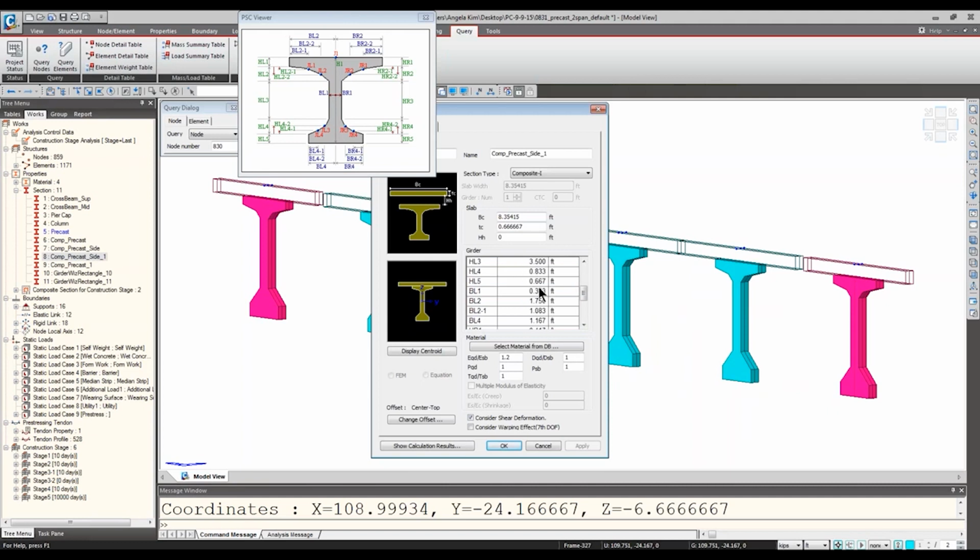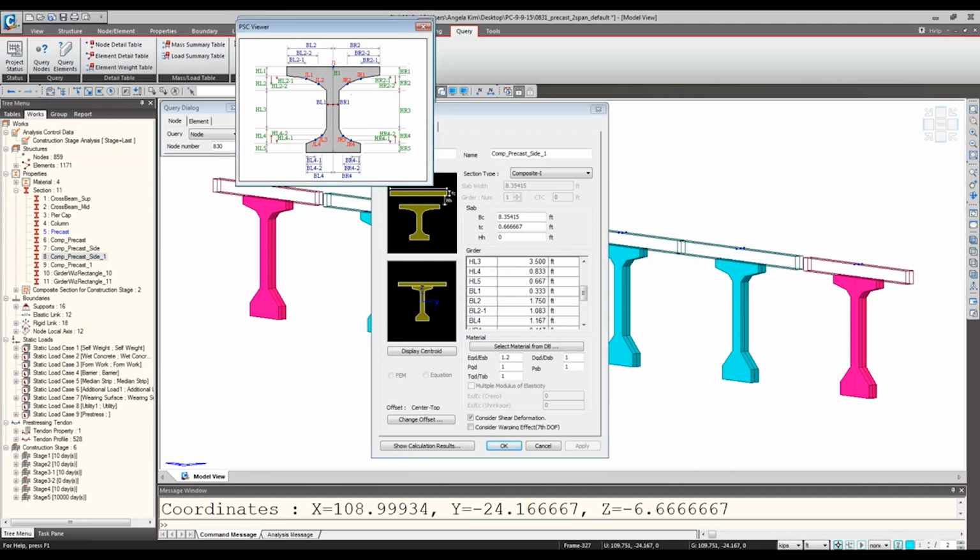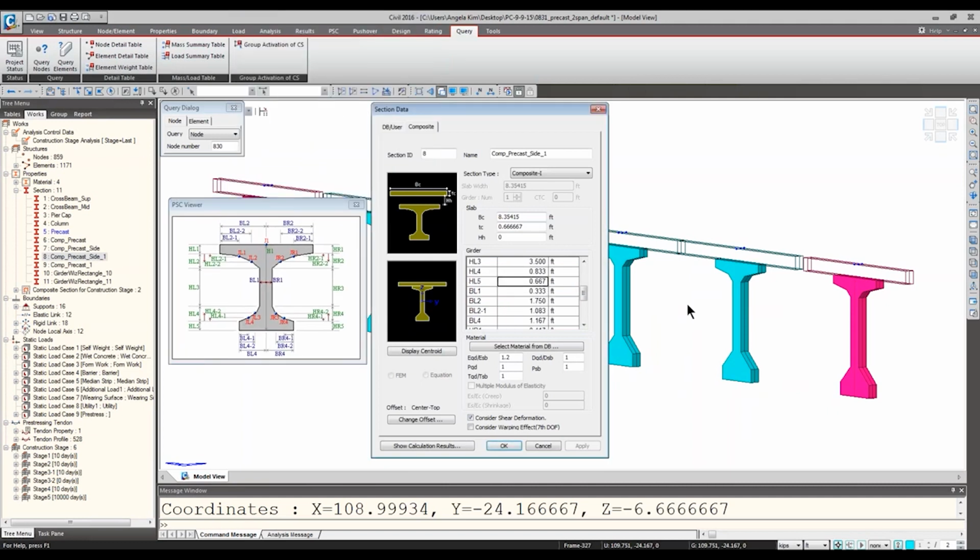Here it's already defined with the regular type 5 that I started with, right? But let's say you have to make this a box rectangular shape, then an I shape, then play around with the B or H, whatever dimension you will need at that point, and just modify the section. That way you can reflect the different section property above the pier.